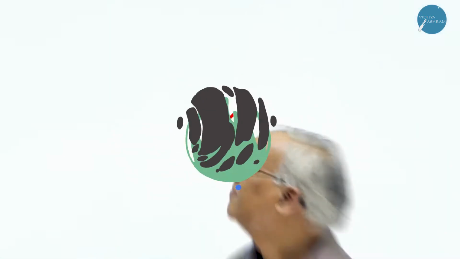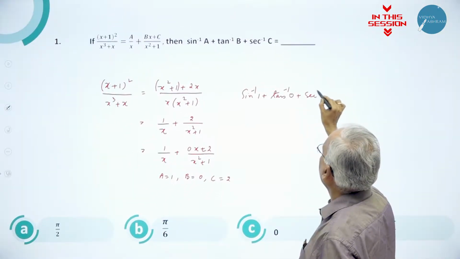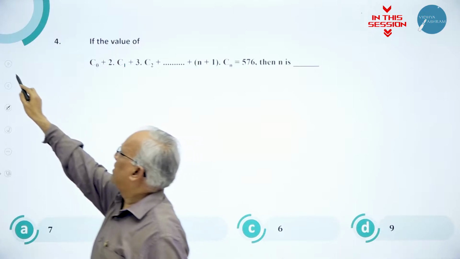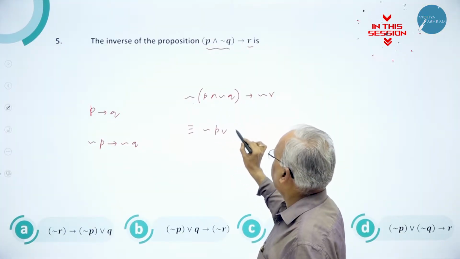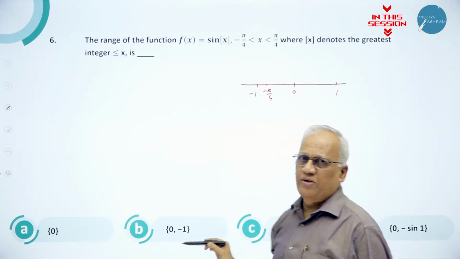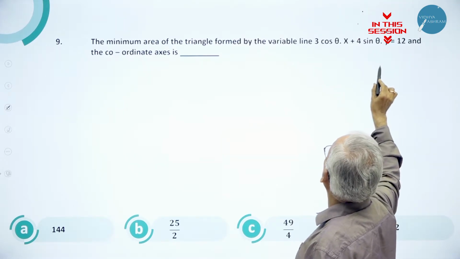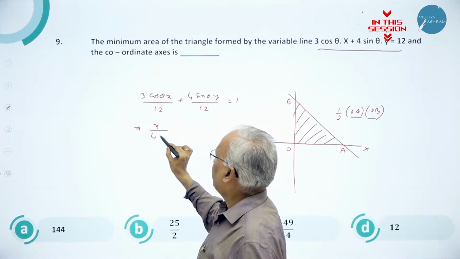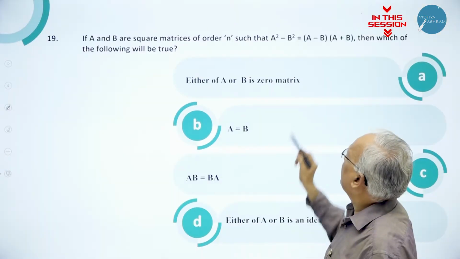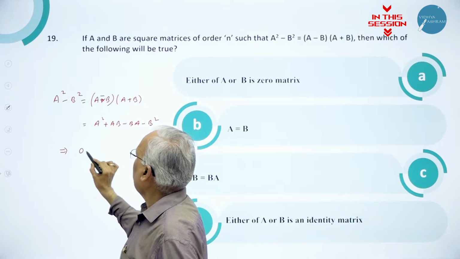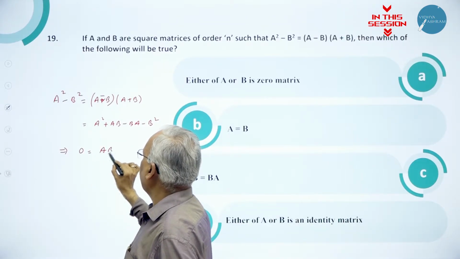The first question, you can argue it is not in the syllabus. Secant inverse C is 2. This binomial coefficients not there in the new NCERT syllabus. You can disjunction, negation of negation Q is Q. Pi is 3.142. 3 by 4, the other value is sin 0. There are only two values you can take. 3 cos theta into x plus 4 sin theta into y equal to 12. Cos theta, when you bring it to denominator, it becomes such that a square minus b square is a minus b into a plus b. So this implies 0 equal to AB minus BA.